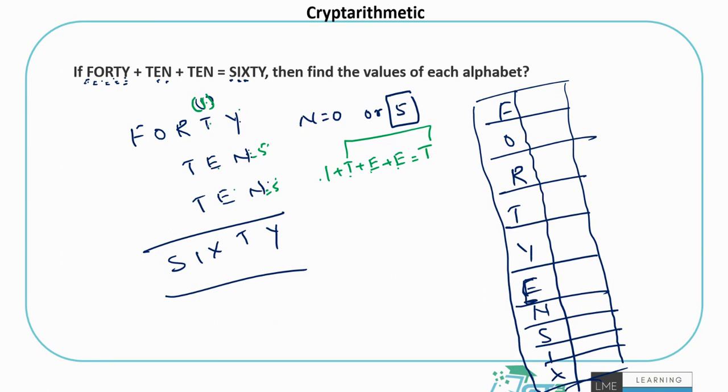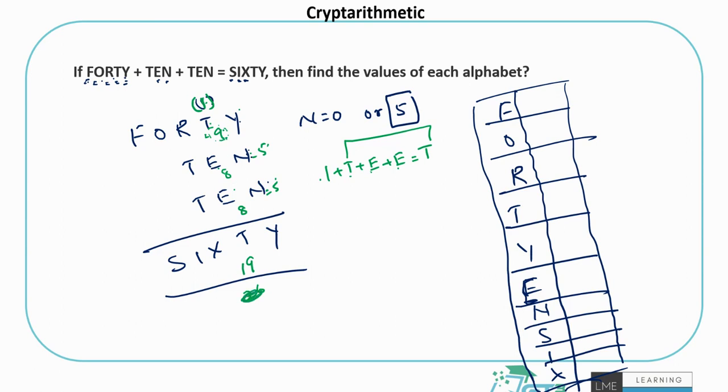If you ask me in proper numerical sense, 1 is added to T. Let's say I am talking about T as, for example, 9. So 1 plus 9 would not become 9, definitely. It will only become 19 where I carry forward 1, or 29. Becoming 29 is pretty much impossible in this case, but let's see. Even if I take T as 9, E can be 8, that's the next biggest number. What do I get by adding all three of them? 1 plus 9 is 10 plus 8 is 18. It's not going to come to 9 again, so there is no way I can come up to 29.